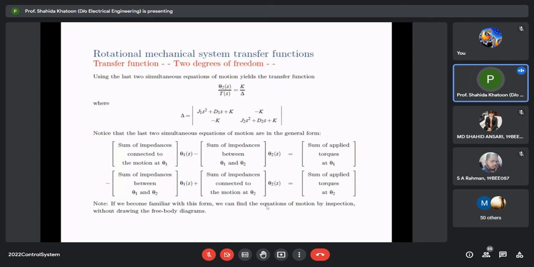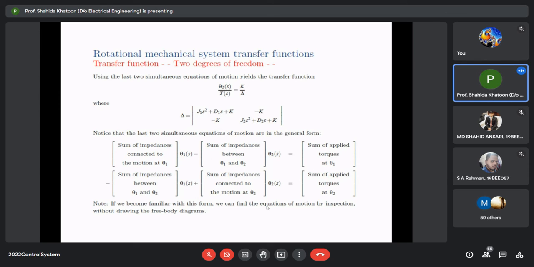So using the last two simultaneous equations, the equation of motion transfer function can be written like this: K upon determinant delta. So delta is J1 S square plus D1S plus K, minus K, minus K, J2 S square plus